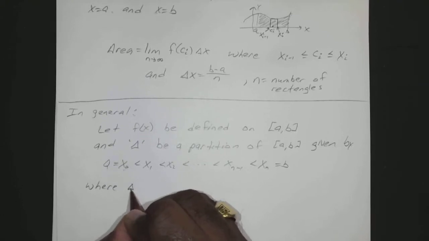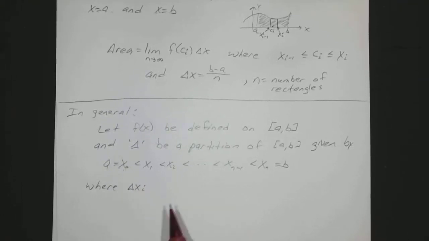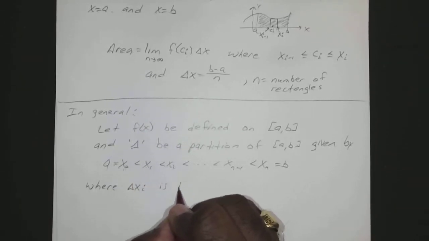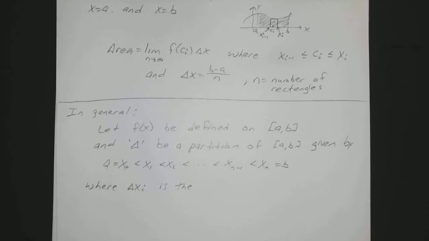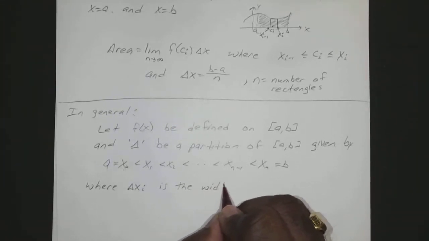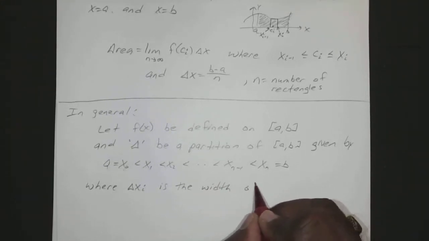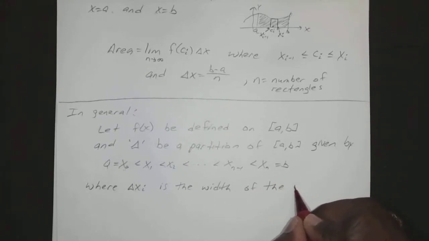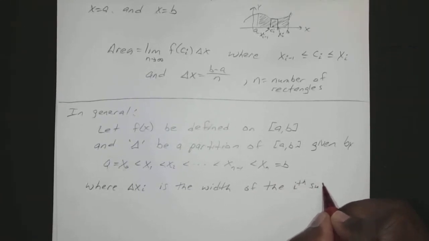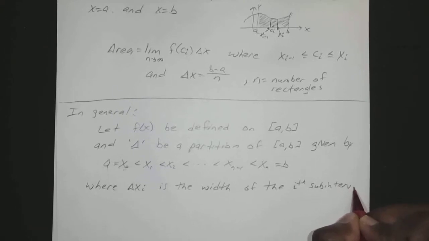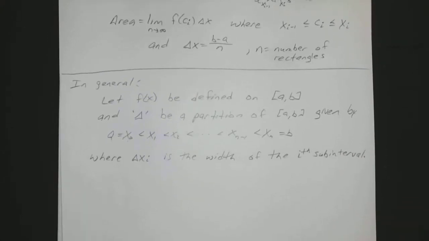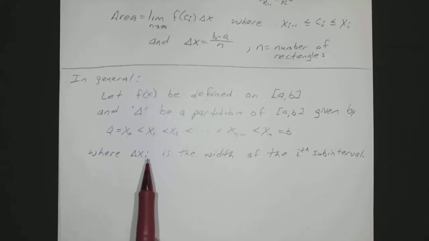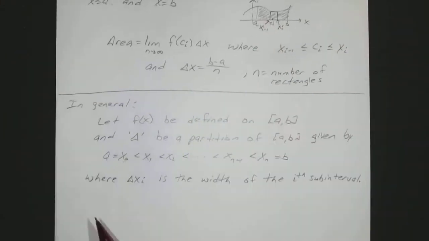At this point, our delta x sub i is just the width between them. So the width between x0 and x1, the width between x1 and x2, will be represented by delta x sub i of the ith subinterval. Okay. And again, if c sub i is any point in between those two,